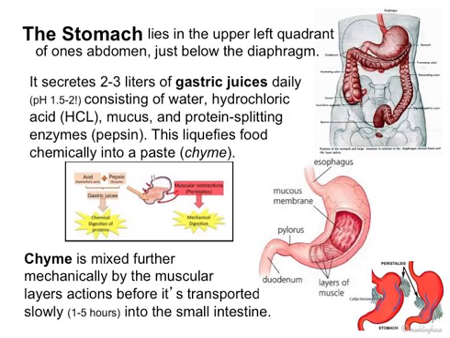It also has a lot of mucus in it, and then it has enzymes in it, pepsin, which is a protein splitting enzyme. And that protein splitting enzyme combined with the HCl, the acidity, liquefies the food chemically into a paste, and that paste is more liquid, and then it's called chyme. And chyme is also mixed mechanically, so we have chemical digestion and mechanical digestion in the stomach. It's mixed mechanically by the muscles contracting